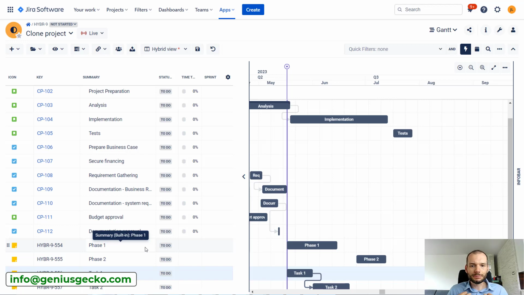But for me as a project manager, I want to have some higher level plans. So maybe I want to group epics into phases to know more or less when each phase will end and be aware where specific milestones will be located on our timeline. Obviously, I could create a separate issue type and group epics